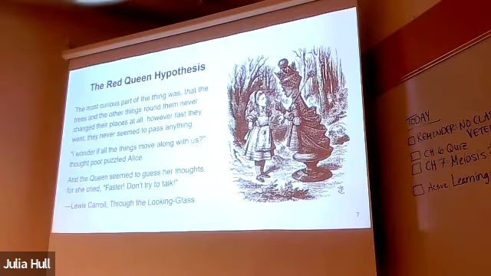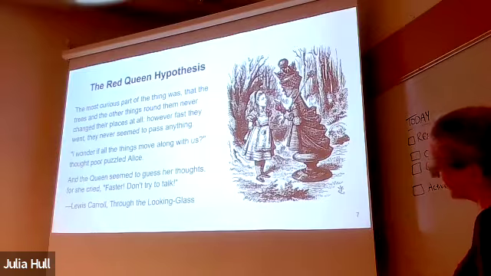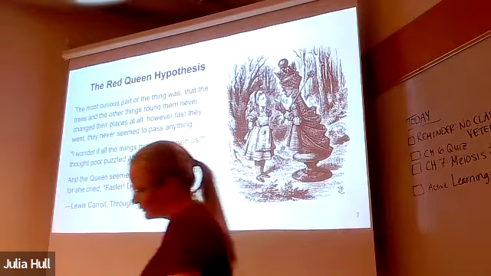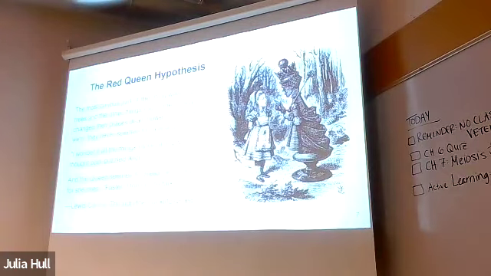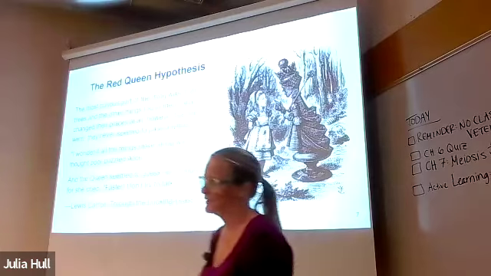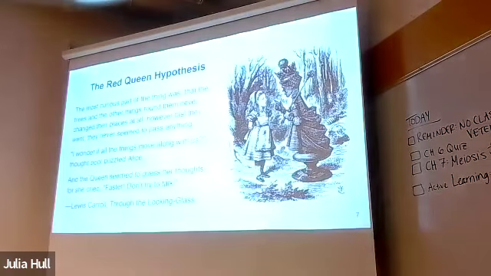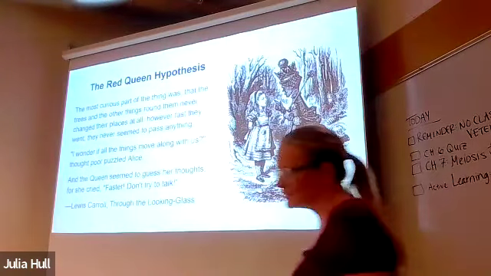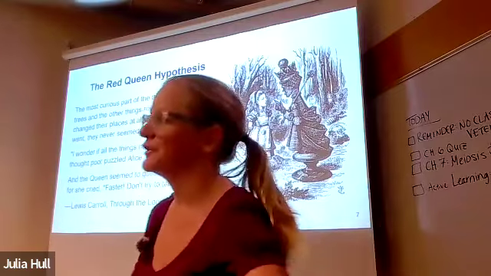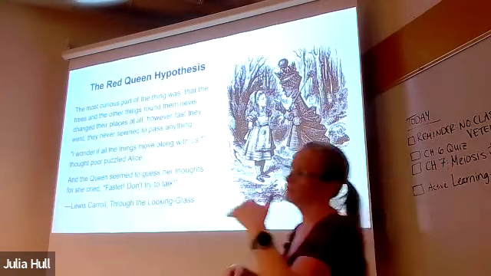Okay, so basically what this is talking about is the Red Queen hypothesis. When Alice went through the looking glass and she met the Red Queen, the Red Queen's like, we got to run and run, run, run, run. And Alice is like, why are we running? We're staying in the same place. And the Red Queen hypothesis is kind of explaining why we see sexual reproduction, because we have this genetic arms race. So if we use the tree and the aphid example, right?